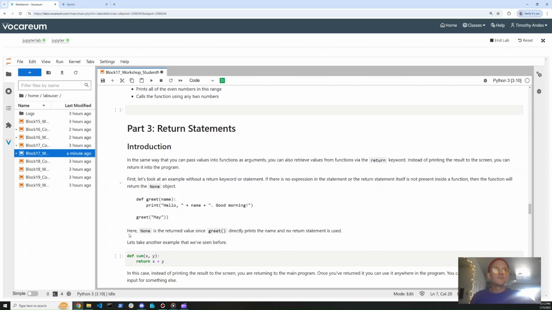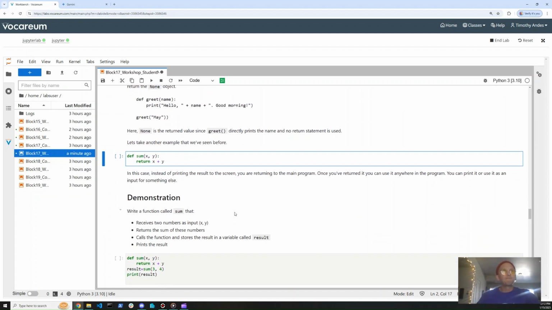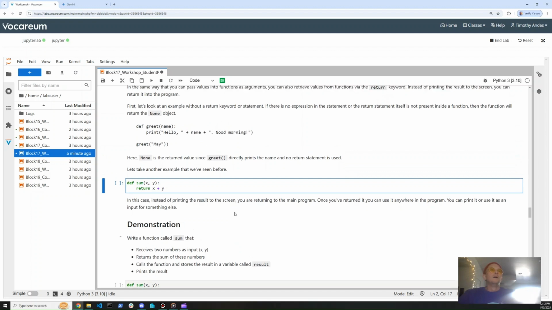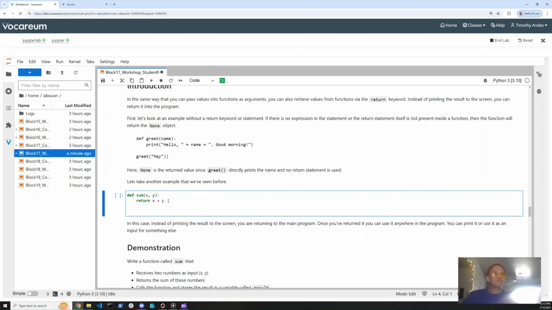Return statements, we'll do one of these and then we'll stop. I explained return statements a little bit. This is defining a function called sum. It's taking two parameters, two arguments, two inputs, x and y. It's returning x and y. Let's just run it and see what happens